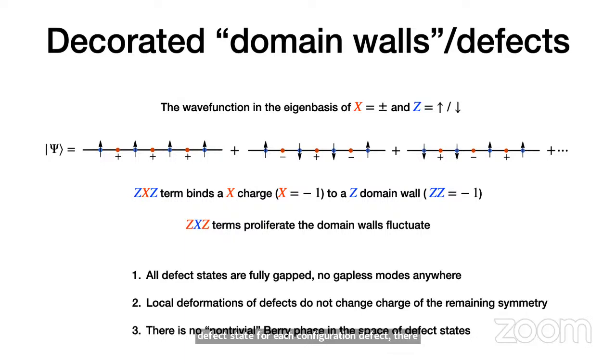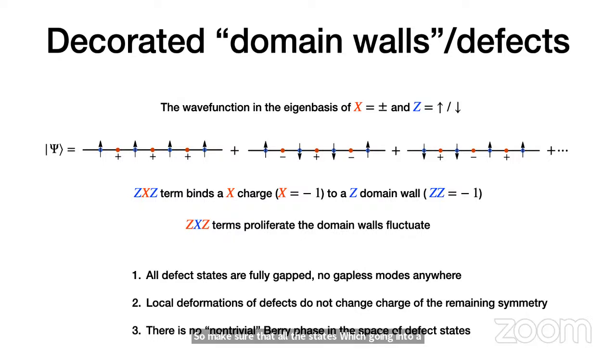And we want to superpose them in the ground state, and in the superposition allow for all kinds of different configurations of defects. So if we deform the defects a little bit locally, that should not change the charge of, for example, the rest symmetry. Okay? So we make sure that all the states which go into a superposition have the same charge,